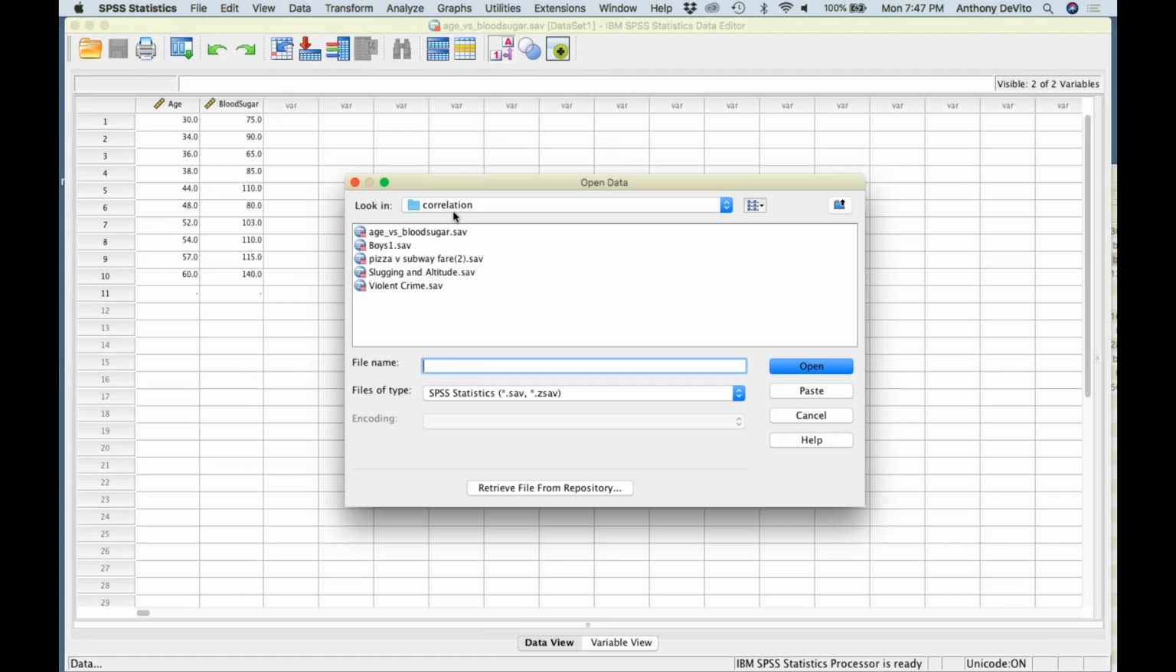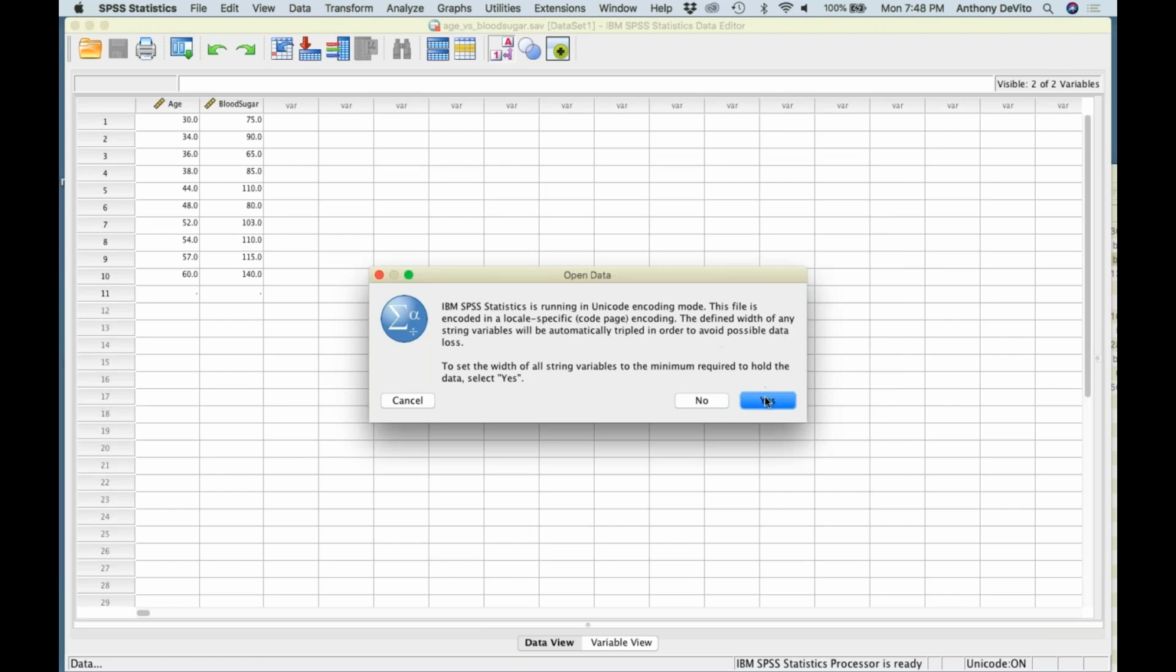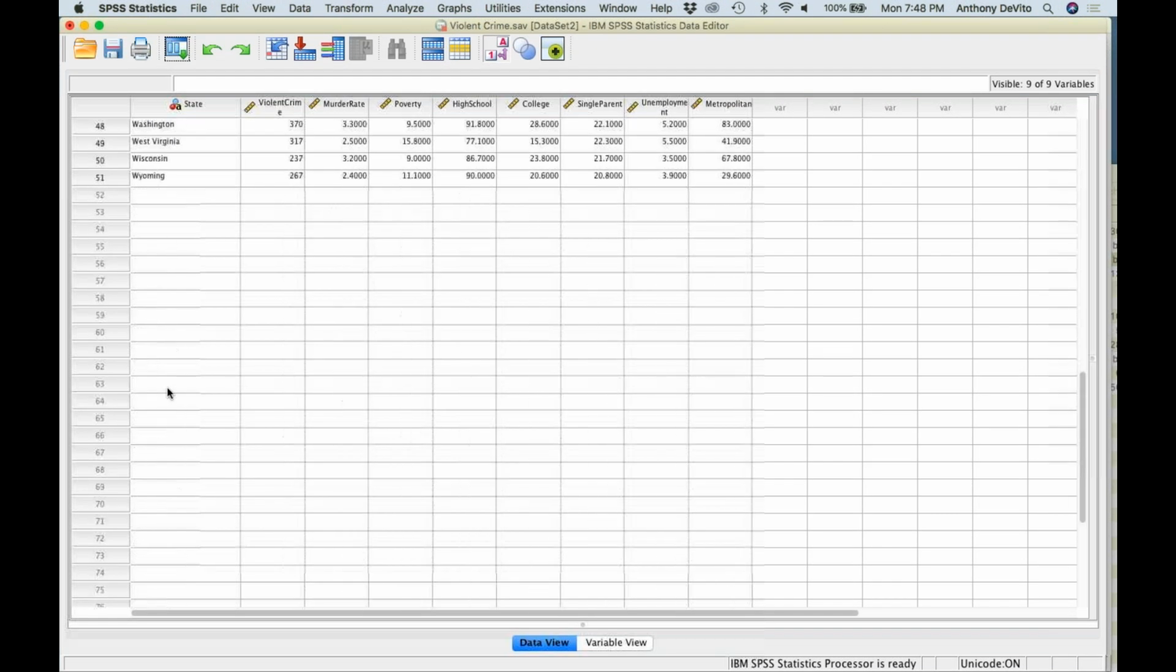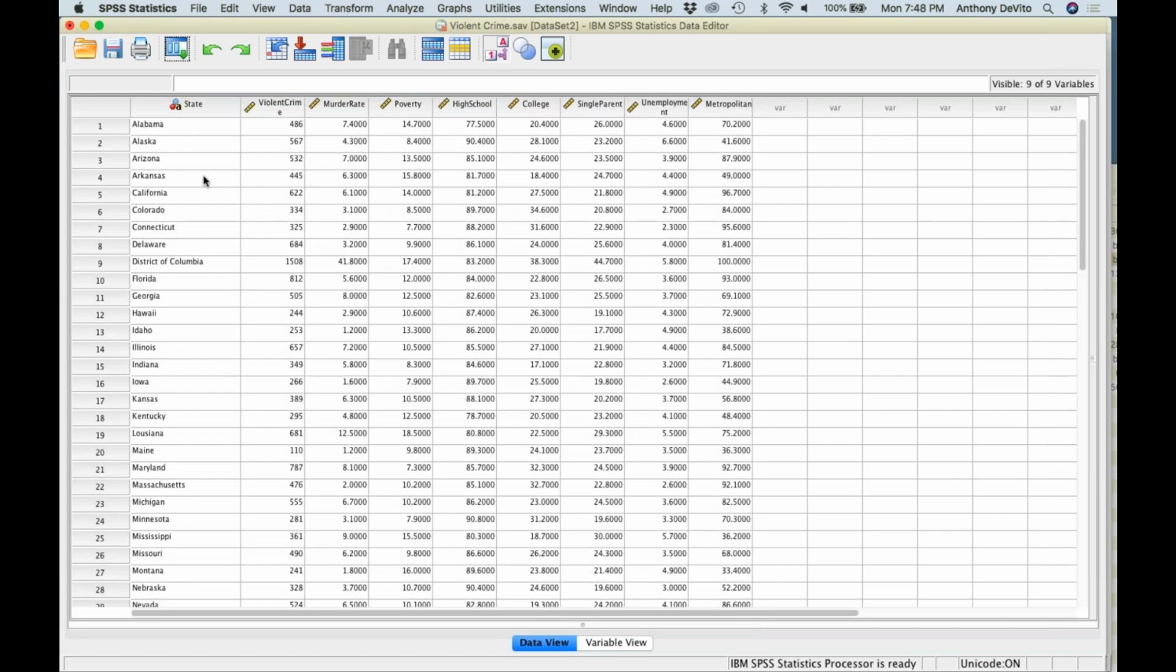How does a negative correlation look? I'm gonna see if I can't come up with one. Okay, so here we go. Here is 50 states and the District of Columbia, so we should have 51 lines here. We have the amount of violent crime, that is violent crimes per 100,000, I guess. The murder rate, 7.4 per whatever it is, 100,000 or 10,000. Poverty rate, this is a percentage of the population that's below the poverty line. High school, percentage that graduated high school, percentage that have some college, percentage of single parent households, unemployment rate, and